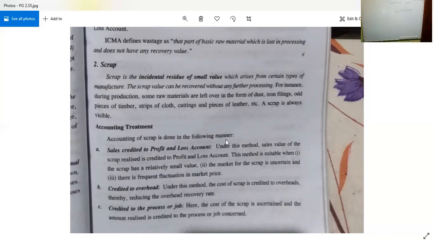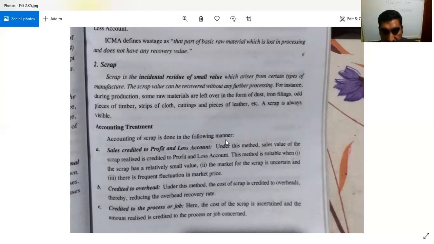Now, saleable value that is to be realized from the scrap item, that is to be credited in the P&L account. അതാണ് ഒരു ട്രീറ്റ്മെന്റ്. അതായത് scrap value to be credited in the P&L account because it is an amount realized from the saleable thing of that scrap. അതുകൊണ്ടാണ് ഓർക്കേണ്ടത്. പിന്നെ രണ്ടാമത്തെ